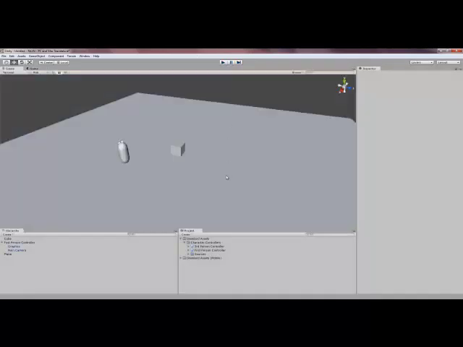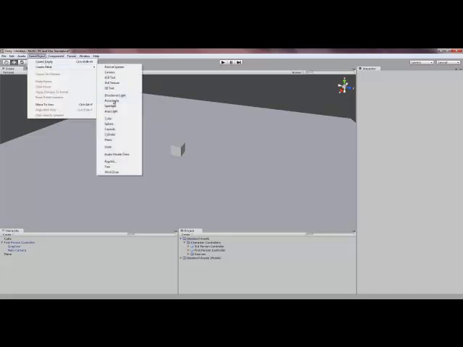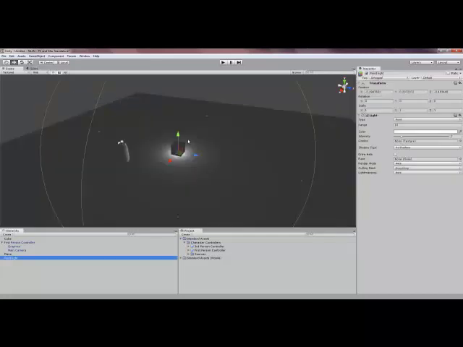And, alright, so let's begin. First off, so we can actually not have this so bland, we're going to go to game objects, create other, and go to point light, which it's basically going to make an orb that puts